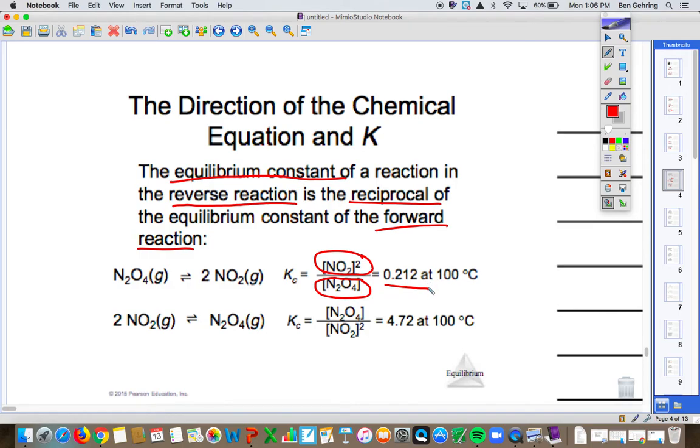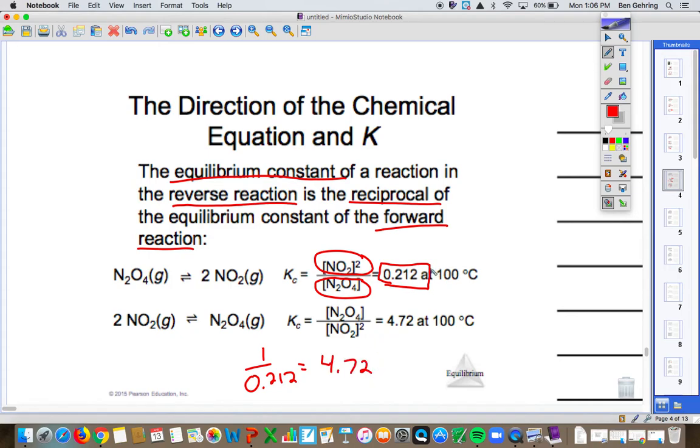This number is given to you. It's made up. You would calculate this with concentrations here. So just go with, I gave this one to you. Okay. Now, if I want you to calculate my equilibrium constant for the reverse reaction, which is 2NO2 going this way, I can simply take this number and take 1 divided by this. So 1 divided by 0.212 is equal to this